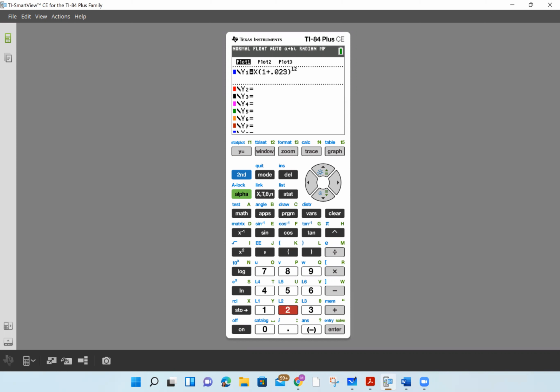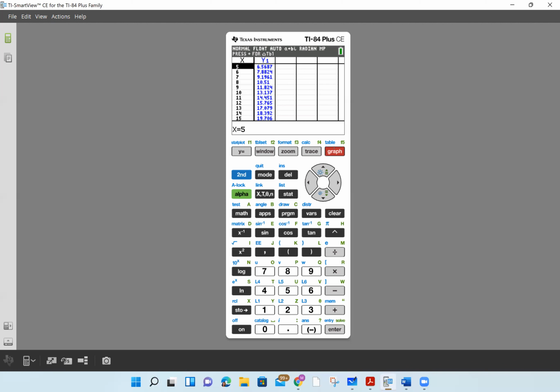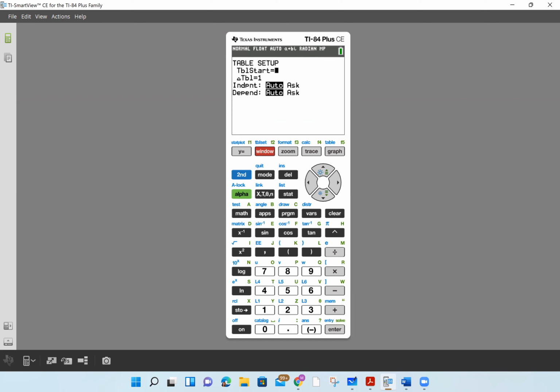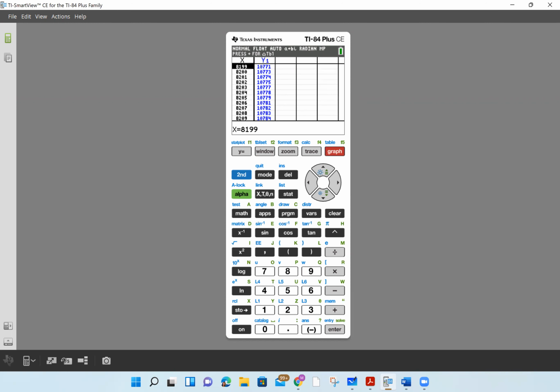So I'm going to go to my table, second graph, and I notice I have these little numbers where Y is like, the highest number on this screen is 19. Well, I need to get to 10,772. So to change my table start, I go to second window, and I already know the answer. So I'm just going to grab something that's close to it. And that's where I want my table to start. So now if I go to second graph and I look down, let's go over to the right, under my Y column, I'm looking for